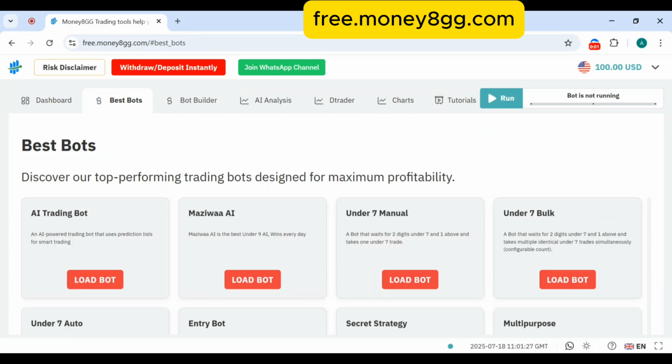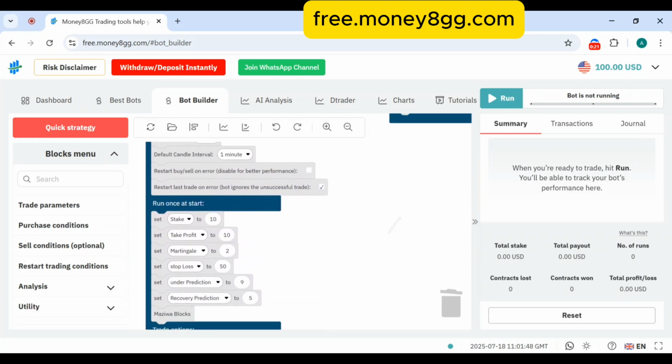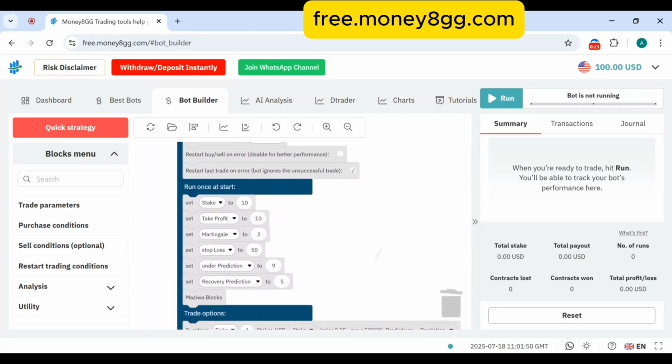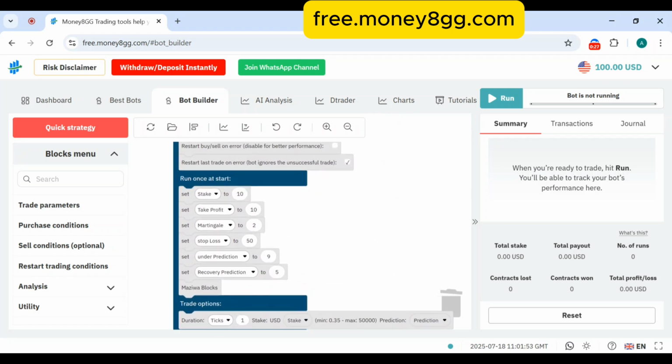And once you are on Maziwa AI, the only thing that remains is for me to explain how this bot works. So first of all, this bot trades only under 9 and recovers with under 5. But we have a special setting on it, and I'm going to show you how to make sure that you always win. The first thing you need to know is the only things you change on the bot is your